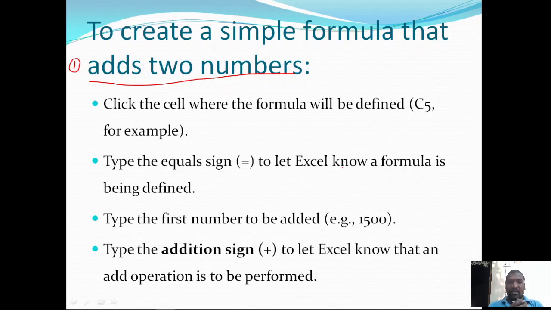I already told you in the second lecture video what a formula bar is. We use the formula bar to enter information or data into the cells.